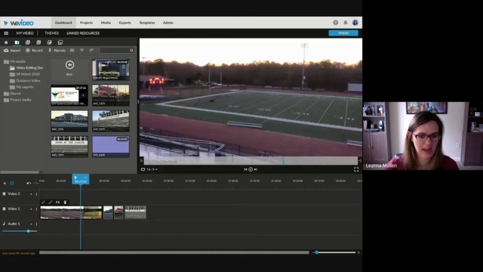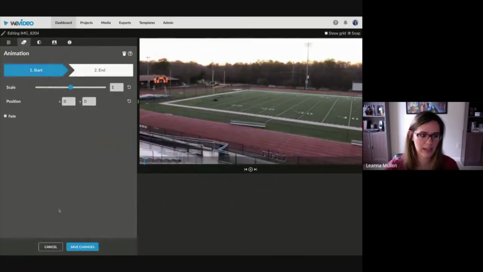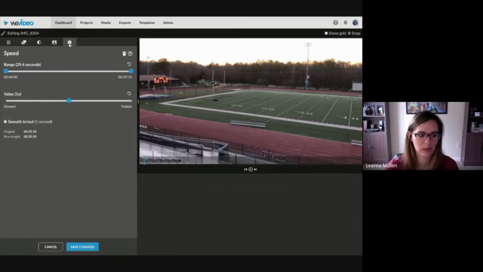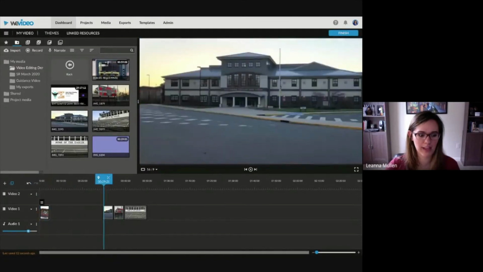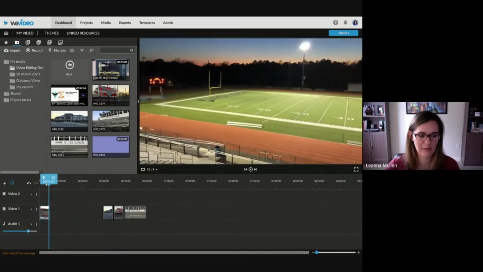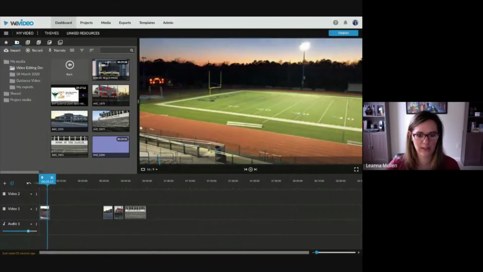And let's say that I have this time-lapse clip. It's the time of the sun setting and the lights coming on in the football field. I could speed this clip up so it doesn't take 29 seconds by double clicking on it, choosing this little timer icon right here that says slow or fast motion, and then fast forward it to maybe be 6 times faster than what it is in real life. So when I hit save changes, you can see that it went from being 30 seconds long to being more like 4 seconds long. And I can hit play, and you can see that it slowly transitions into being nighttime